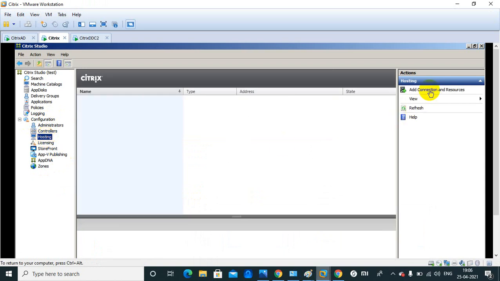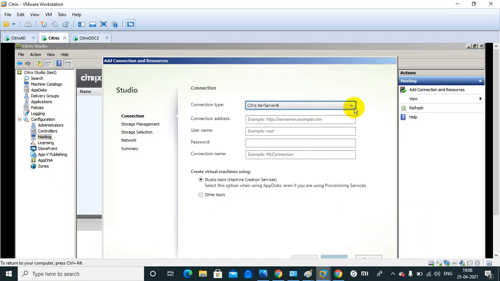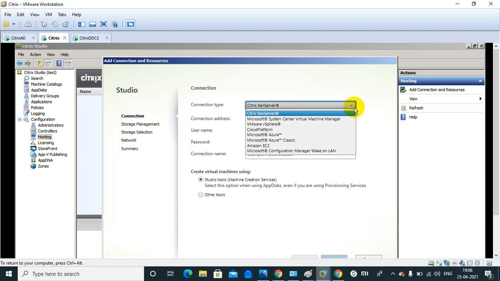In the hosting we need to click on add connections and resources, and it will show the options of available hypervisors: Microsoft Hyper-V, VMware vSphere or ESXi, you can say the same thing. It's ESXi or vSphere. Cloud platforms: Microsoft Azure, Amazon EC2. So if you have an account created in EC2 or Microsoft Azure, you can click.